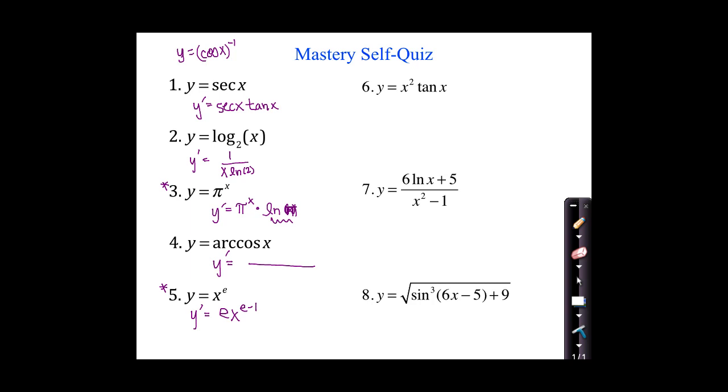does it have a negative or does it not have a negative overall? Yeah, it's got a negative, just like the derivative of cosine has a negative, the derivative of arc cosine has a negative. 1 over the square root of, is it 1 minus x squared or x squared minus 1? 1 minus x squared. The way you can keep those straight, and the way I remember, this isn't something that